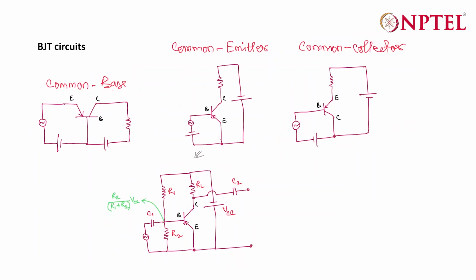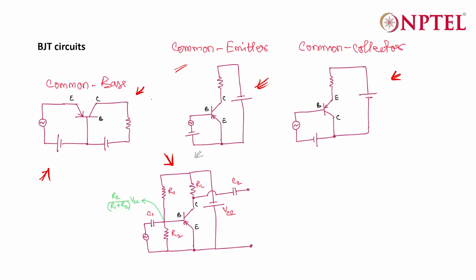But in circuit, you will find diagrams like this wherein people use the symbol of BJT. So this is what the common base circuit will look like for PNP transistors. This is the common emitter circuit and this is the common collector circuit. Now if you look at the common emitter circuit, for example, this particular circuit also is practically implemented using this form,